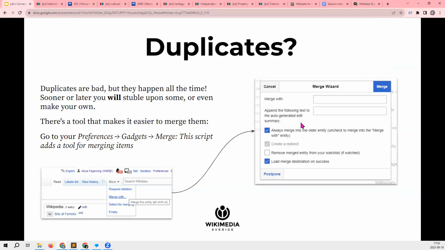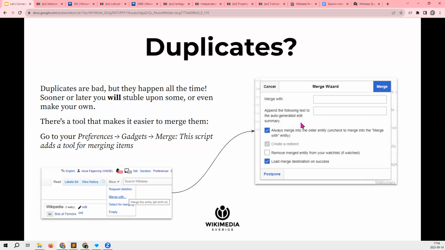Something that comes up quite a lot when I help people add Wikidata is that people are a bit scared to create items. Like, what happens if I create an item of something that already exists, just has a slightly different name, so it doesn't come up in my first search? Well, that happens. Honestly, that happens quite a lot. It happens to me. It happens to everyone who creates tens of thousands of Wikidata items.